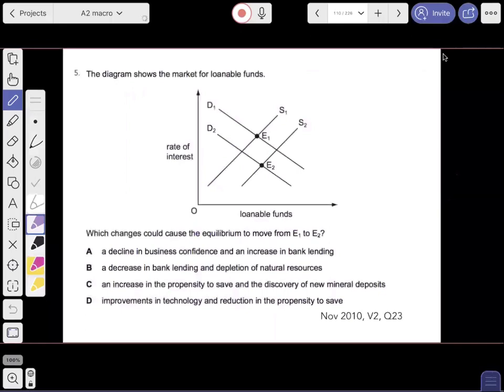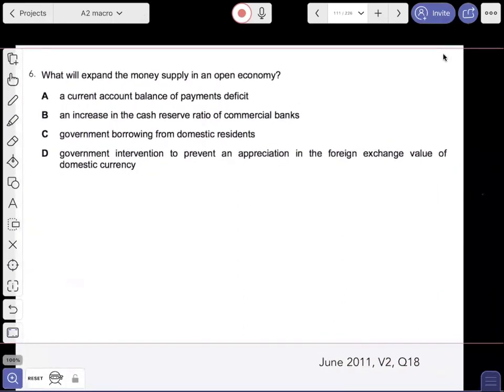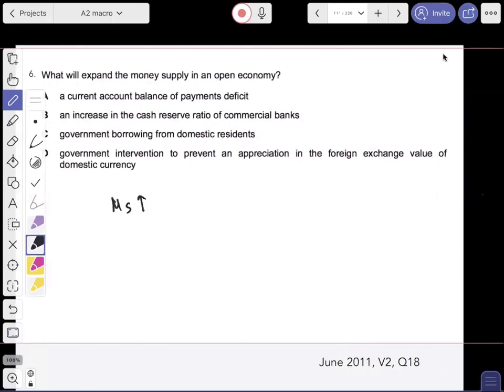This is a loanable fund question, so I'm going to skip this question. This is a good question. What will expand money supply in an open economy? Remember, money supply in an open economy can go up when you have a current account issue. So a current account balance of payment deficit. What happens if there is a current account balance of payment deficit? Then X minus M is less than 0 or negative, which means more money